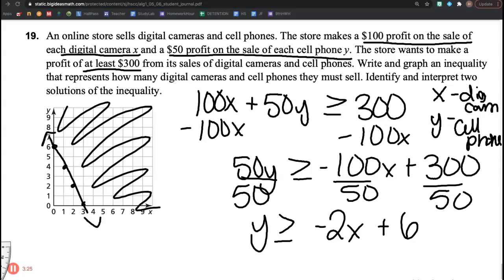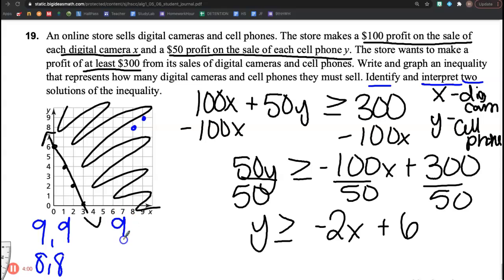Now, that's the first part of it. Then it says identify and interpret two solutions of the inequality. So I picked 2 points. Bryce, give me 2 points. 9, 9, and 8, 8. Okay, so if I use 9, 9, I have to interpret those. So what does that mean? If I sell 9 cameras and 9 cell phones,